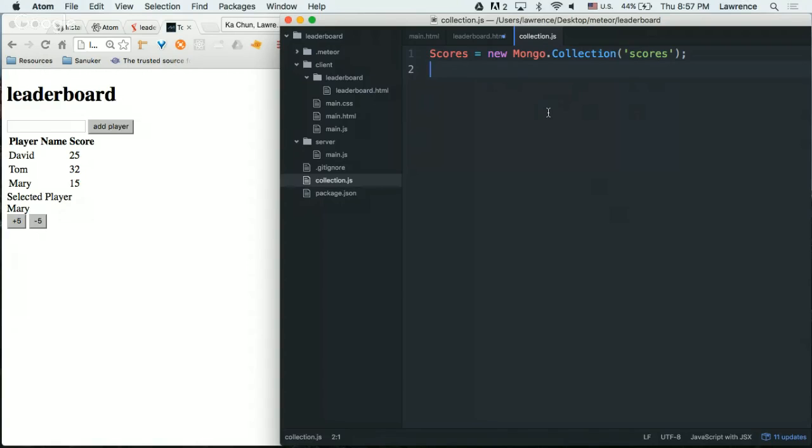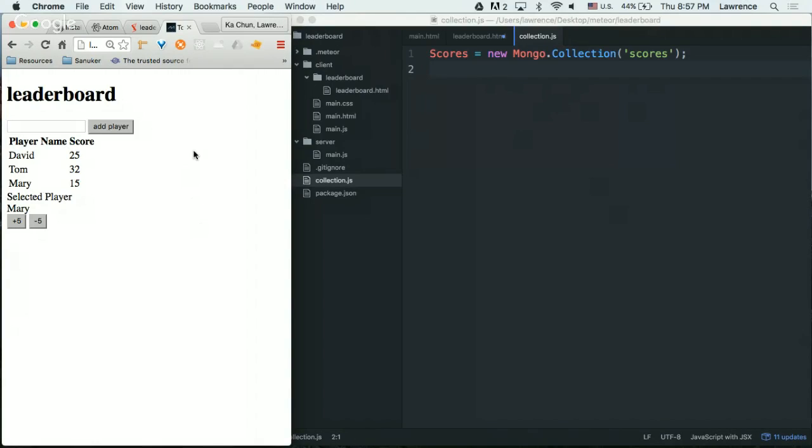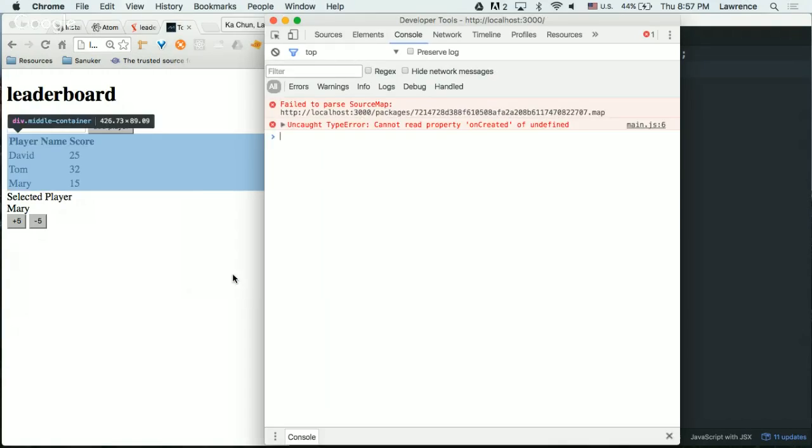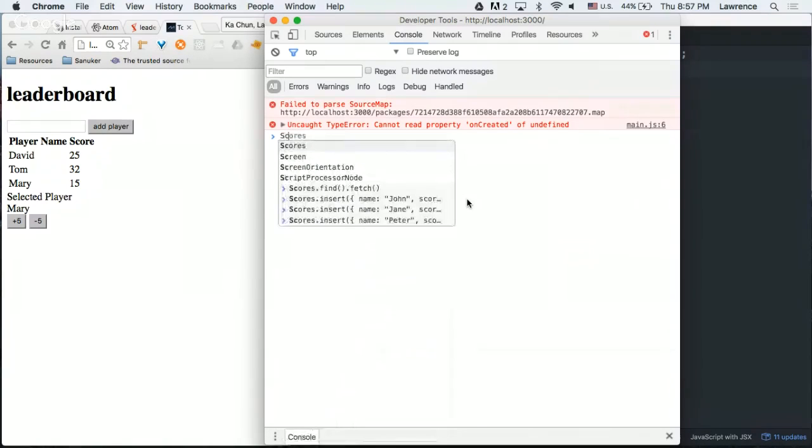Okay, save this line, and then go back to your website. Right click and go to inspect, and then go to console. You still see the red words, which means something went wrong, but that's fine because we haven't changed something. That doesn't hurt your program. Now try to type the big letter S Scores. It should auto-complete for you.